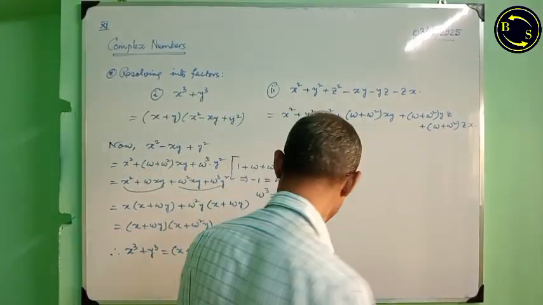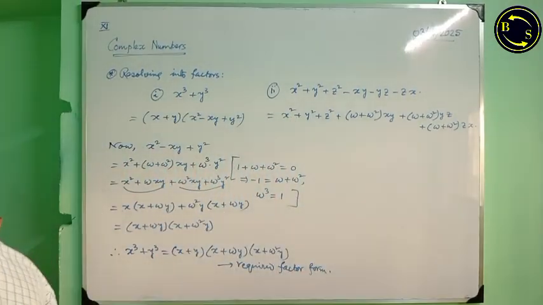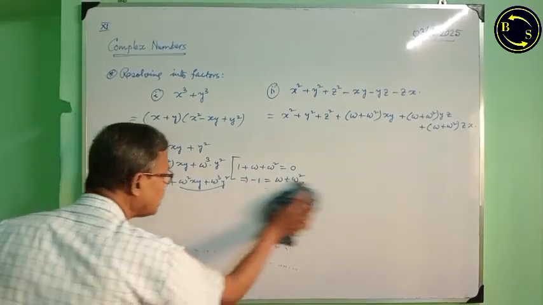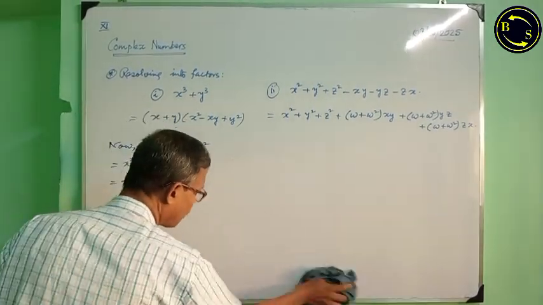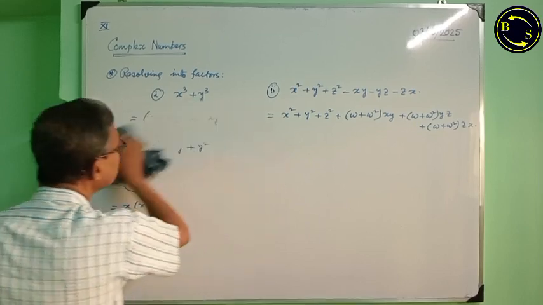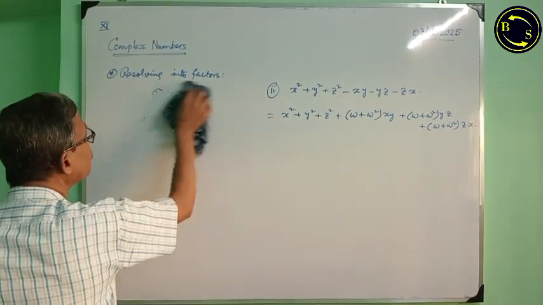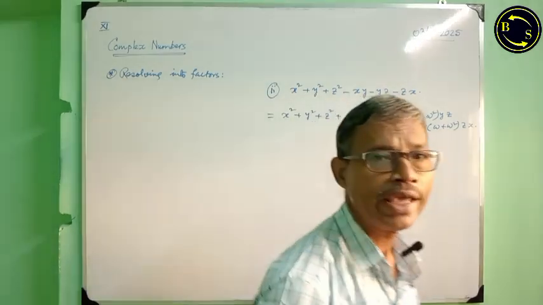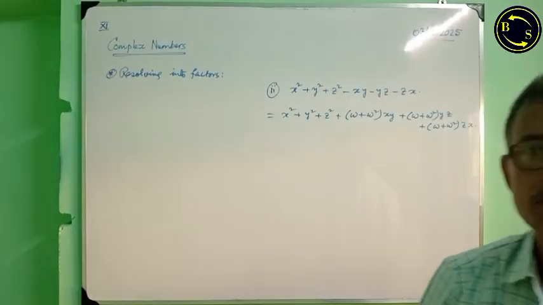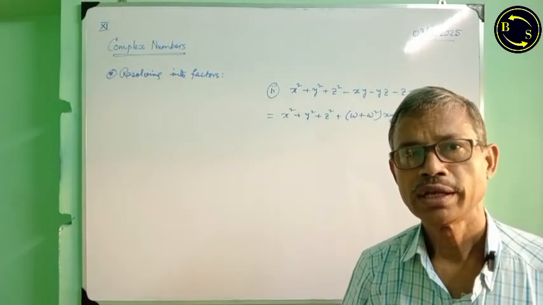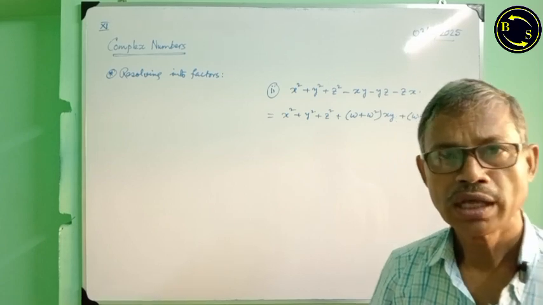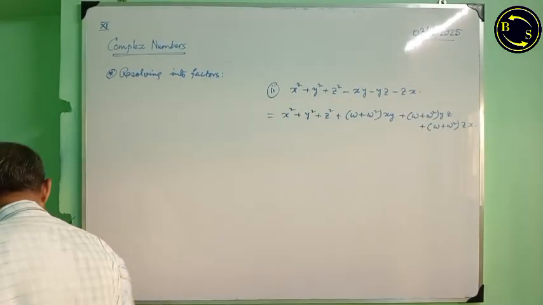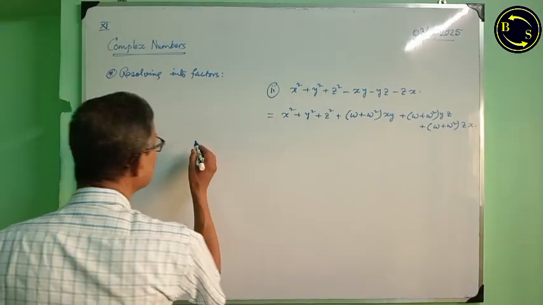Now you think, form of the factor will be, or each factor will consist of three terms of the form ax plus by plus cz, where a, b, c are real or imaginary. Keeping that in mind, we first group